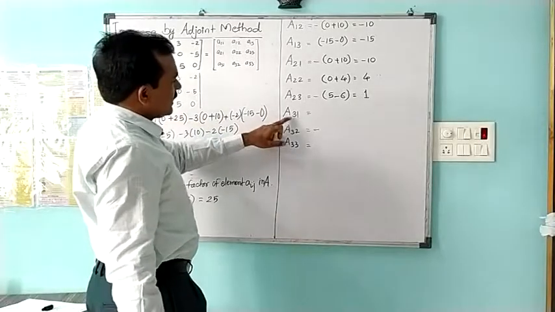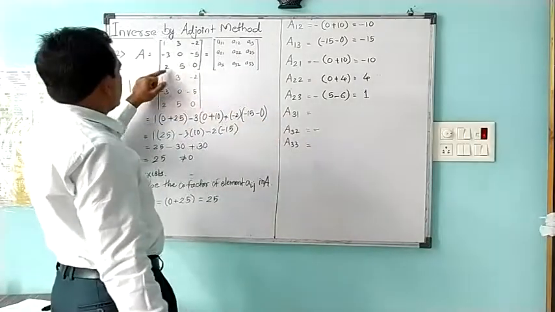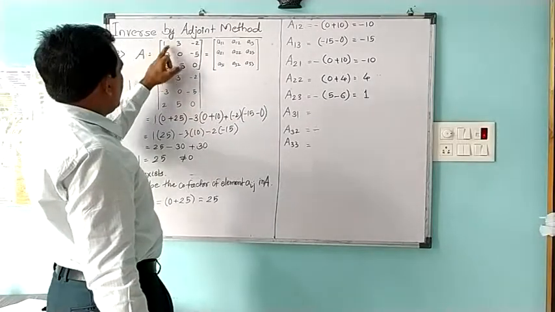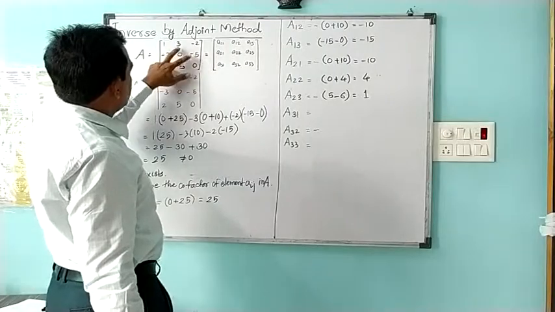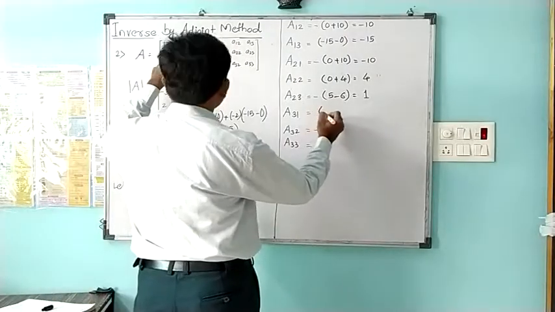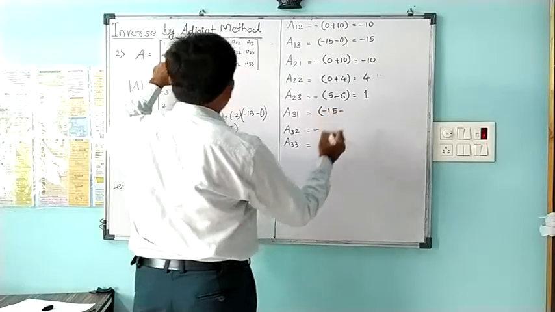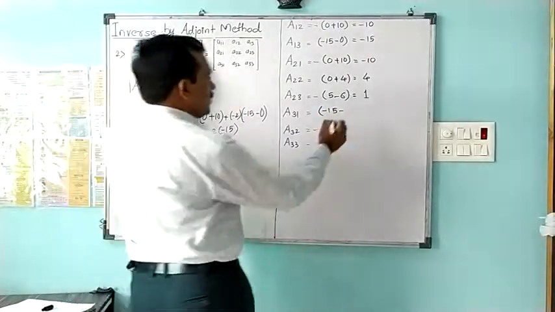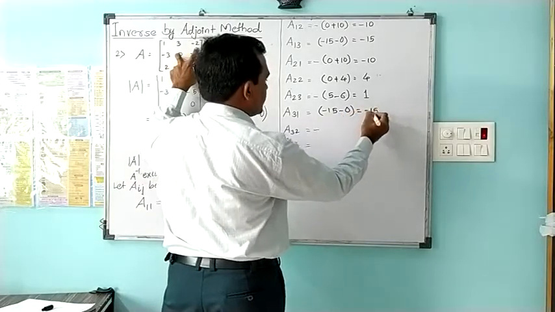Later on, the next 3 cofactors are evaluated by eliminating the third row starting from the first column. So the remaining 4 elements are like this. Their cross will be the product of 3 and -5, that is -15, minus by formula, and the next two numbers give us the product as 0. So this bracket is -15.